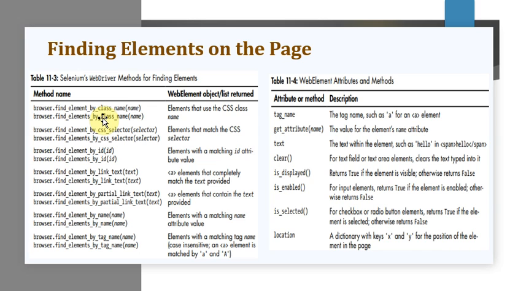Okay, so WebDriver objects are having some methods. So what are those methods? They can be either find_element_star or find_elements_star. Okay, either element or elements method. Okay, so find_element_star method, what does it do, it is going to return a single web element object, that is representing the first element on the page that matches with your query.